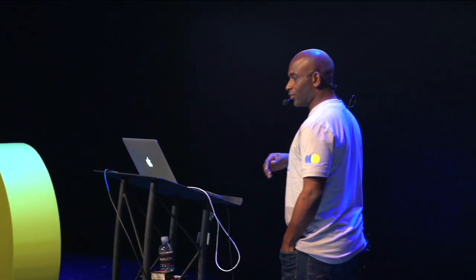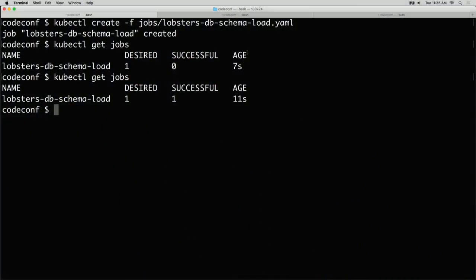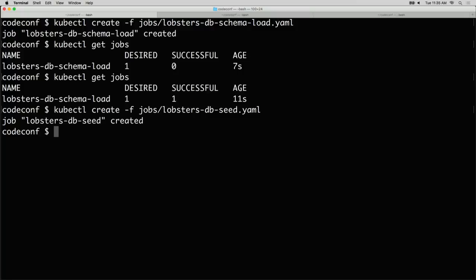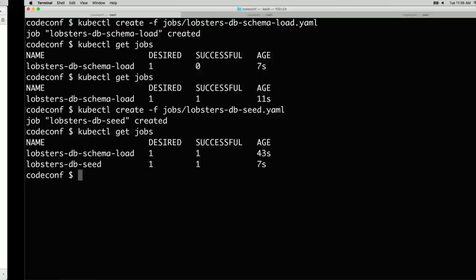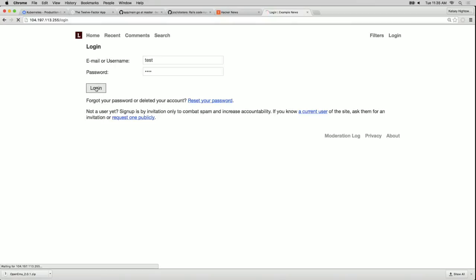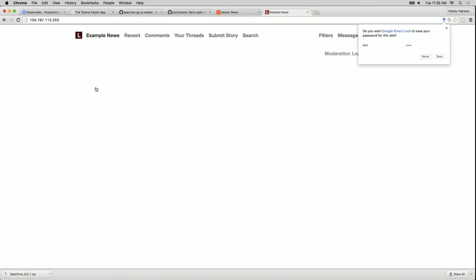So the next thing you need to do is log in to create some content. So we'll try to log in as a test user, but I know I'm going to need to seed that data. So I'll run one more job. We'll run our database seed job, okay? So once we have this job running, we should have our test credentials in place. I'll give it a few seconds to run. And Kubernetes keeps an audit log of everything that it's doing. So if you ever have to troubleshoot who did what, it's all in there. So with this seed job in place, I should be able to log into the service, okay? So we're here now.